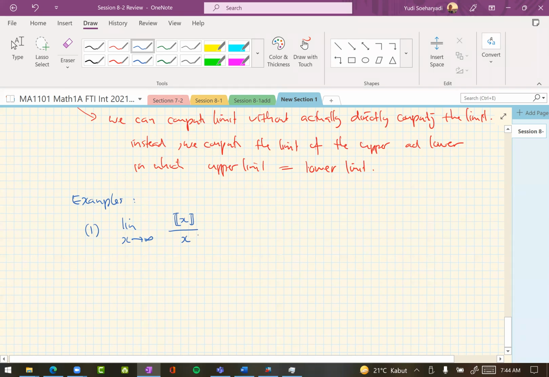Okay, so you don't have any other tools than working with this because, let's say